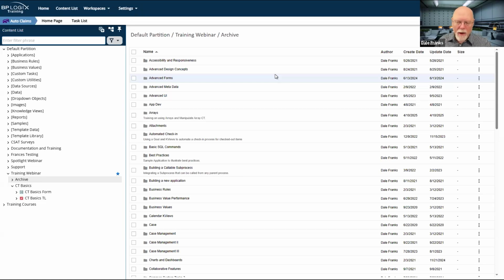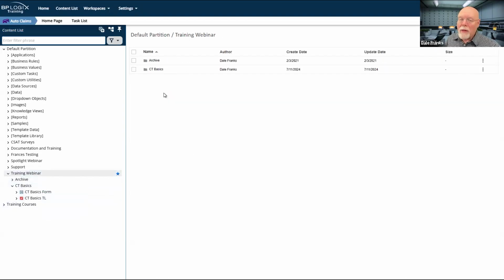And I don't really care where they are in the system, other than to organize my content list so that things appear in the folder that I think they should appear in. Other than that, all of the links internally in the system are done via those GUIDs. So it doesn't matter what their location is, because I can uniquely identify them on the system.